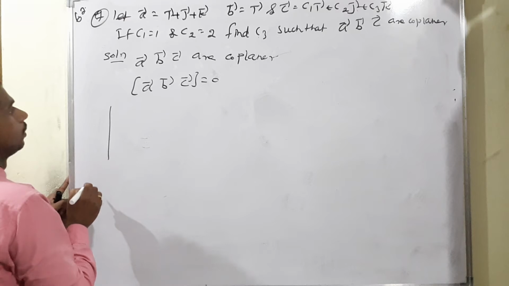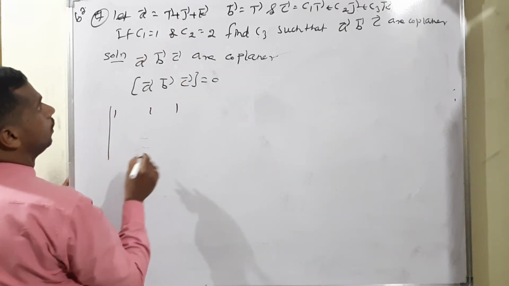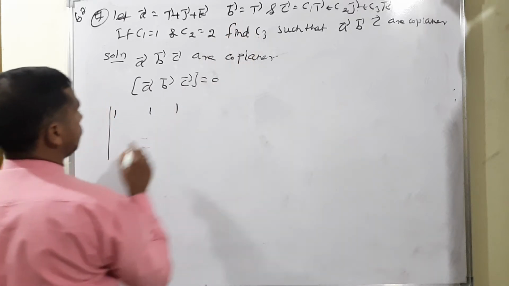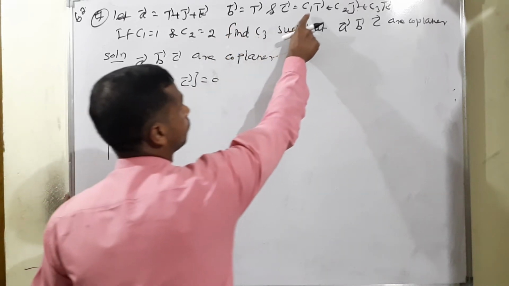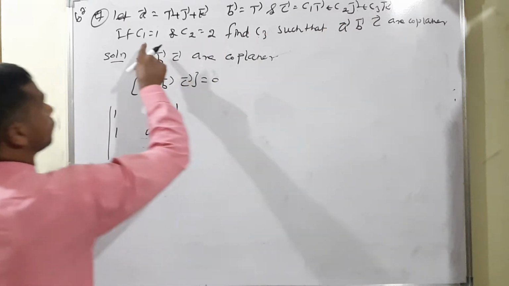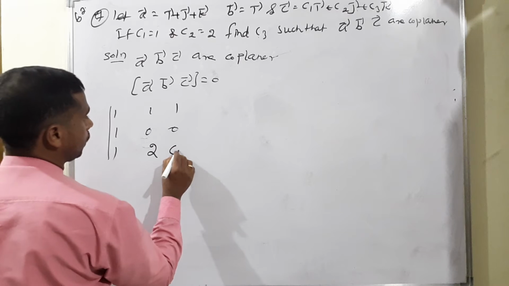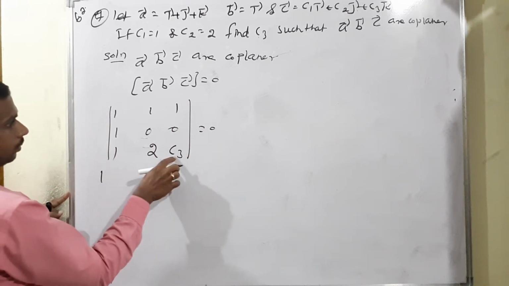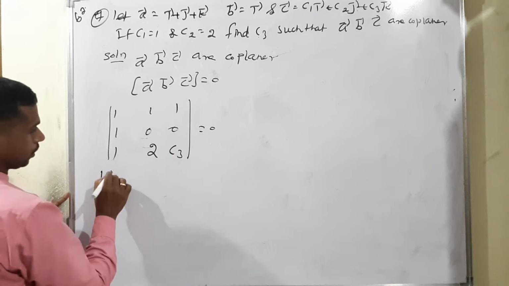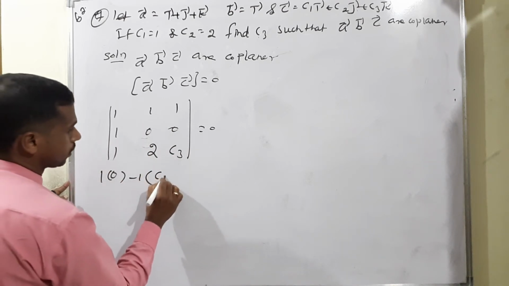So now determinant term, a vector is equal to 1, 1, isn't it? So 1, 1, 1. b vector, only i term is there. Therefore 1, 0, 0. Then c3 term, c1, c2, c3 is there. Instead of c1 we can write 1, instead of c2 we can write 2, c3 as it is, equal to 0. Simplify now. 1. The whole term will be 0, isn't it? So 1, the value will be 0. Minus 1 into c3 means c3.